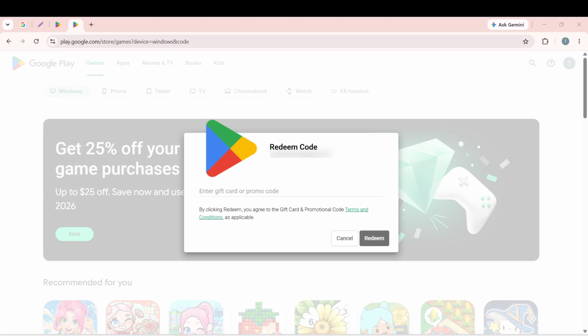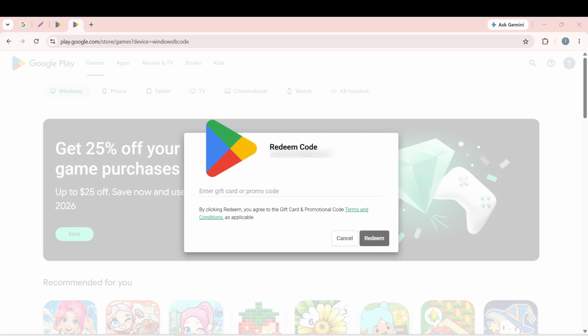This final confirmation is important because it completes the process, allowing you to use your newly added balance for purchases on Google Play. You will see a confirmation message on the screen once the transaction is complete, reassuring you that the balance has been successfully added to your account. That's it! You've successfully checked and added your Google Play gift card balance.